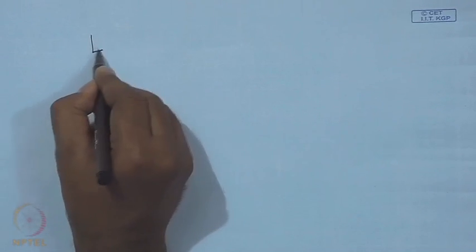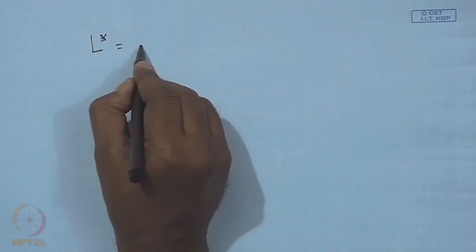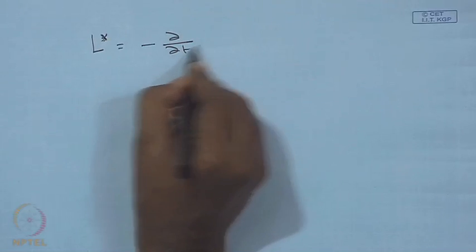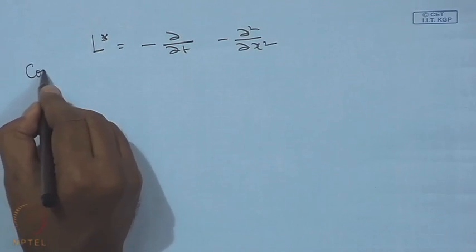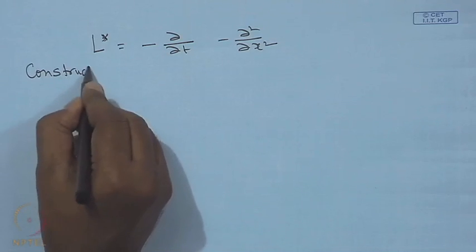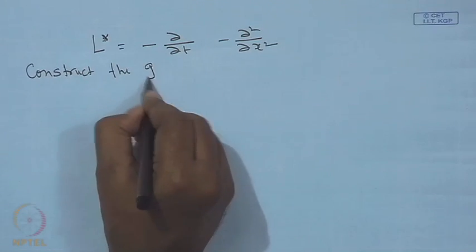So, once we do that, we formulate again the operator, which remains the same, because it becomes del del t minus del square del x square. So, we construct the governing equation of g star,